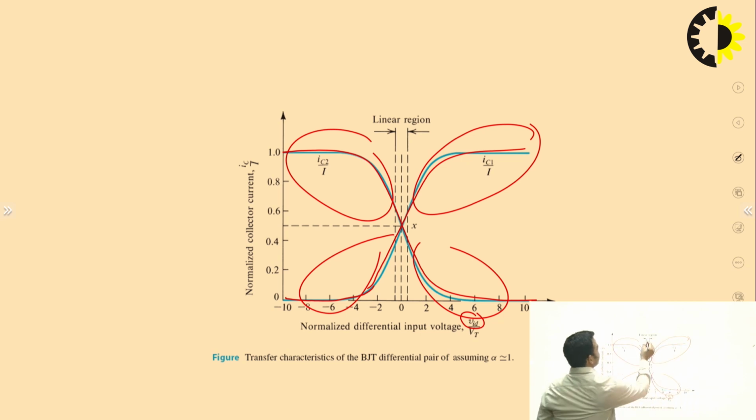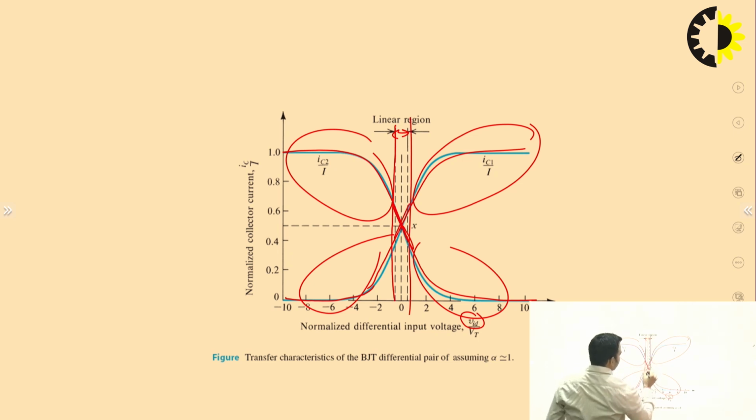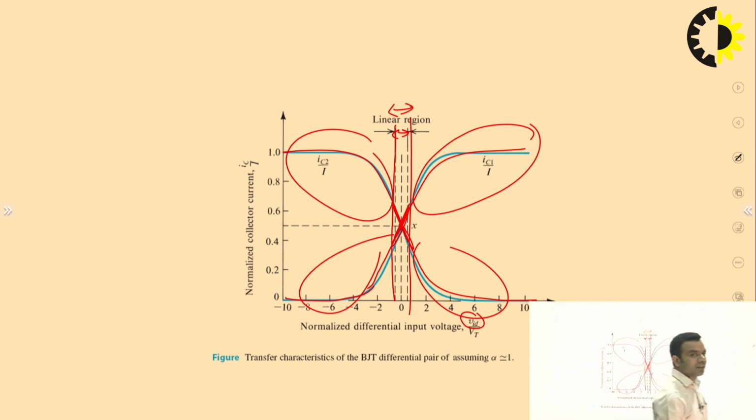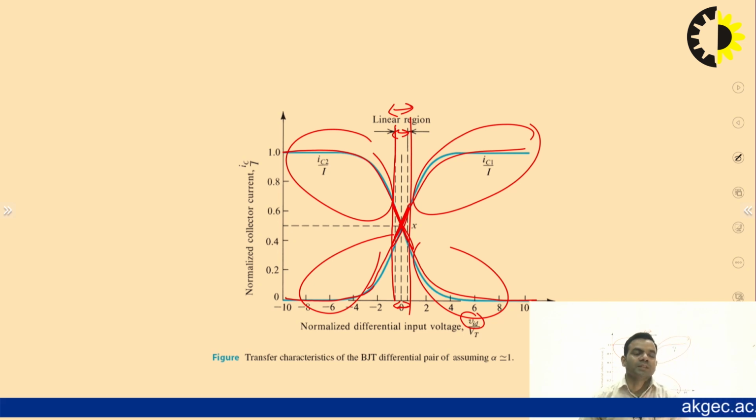But for the small region, in this region, you are getting a straight line. So, in this region, you can use the differential amplifier for amplification purpose. And obviously, this value of input will be very small. So, that particular case will come under the small signal analysis. However, this region is very small, which we can use for amplification,